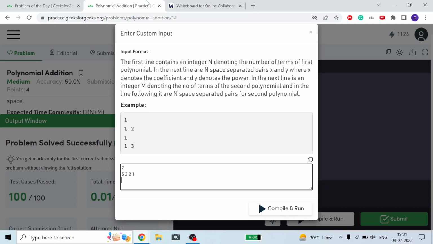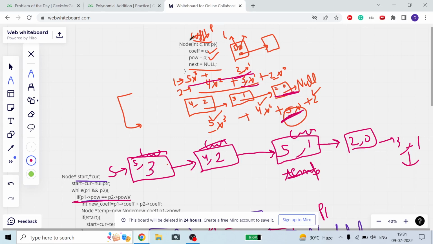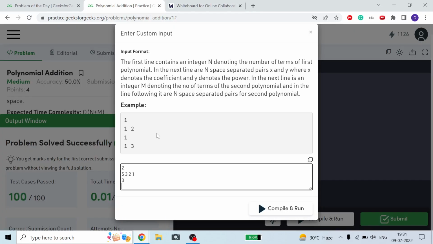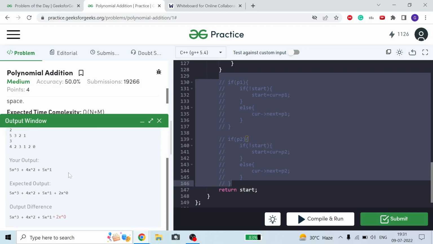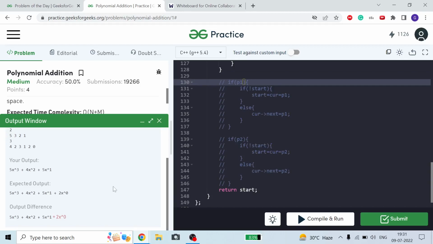I am showing you how. The next one is a length 3 polynomial, 4x square, 3x1 and 2x0. So see what answer we got. You can see we got our answer 0, but expected is this.